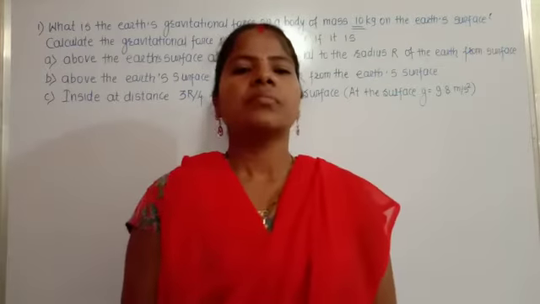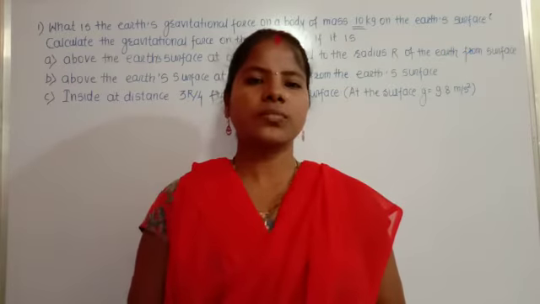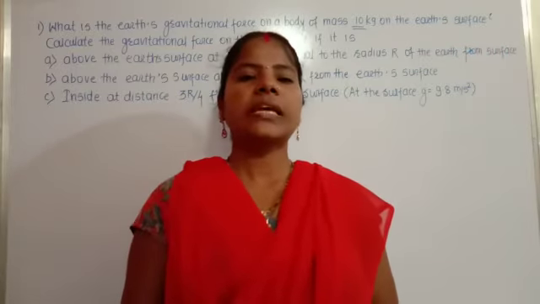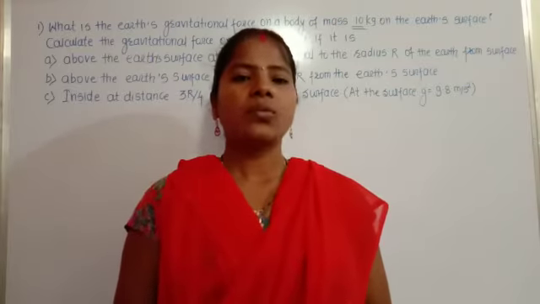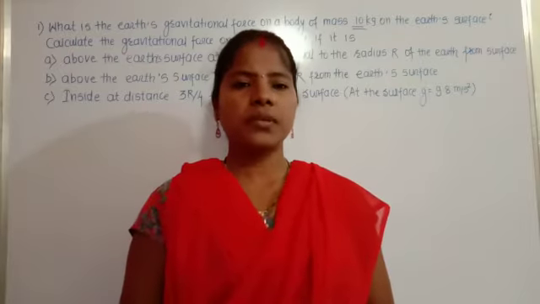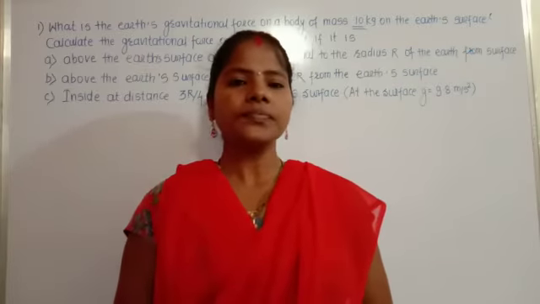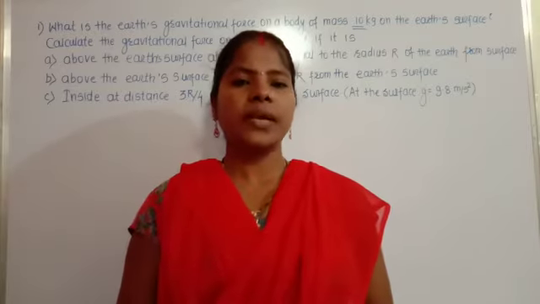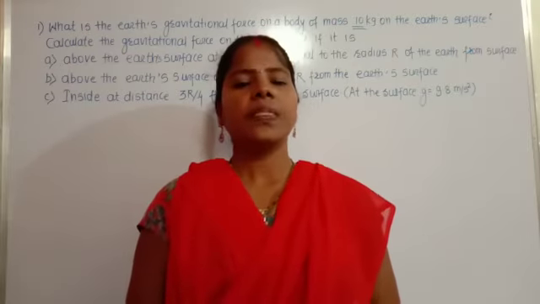Good morning. In the previous class, we had completed the expression for the gravitational field intensity and the gravitational potential due to a solid spherical shape, or the solid sphere. In that we took 4 cases: first, at a point P outside the spherical shell; second, at a point P on the sphere; third, at a point P inside the spherical shell; and fourth, at a point P at the center of the sphere. So all these 4 cases we have studied in the previous class.